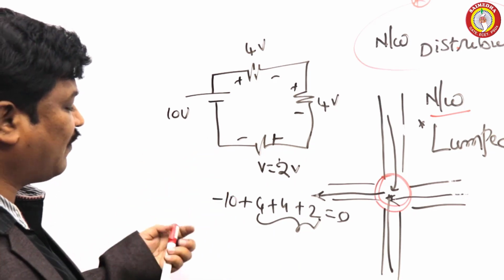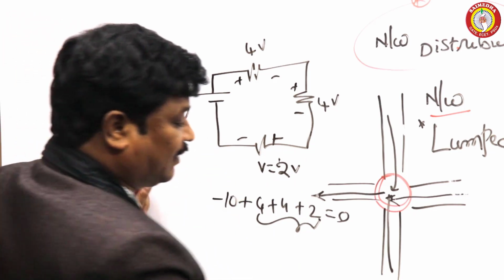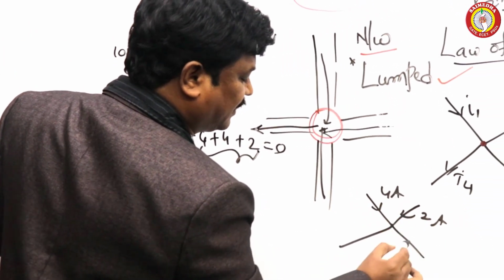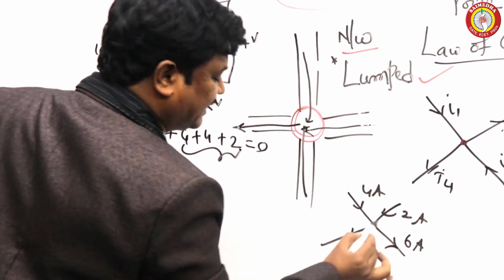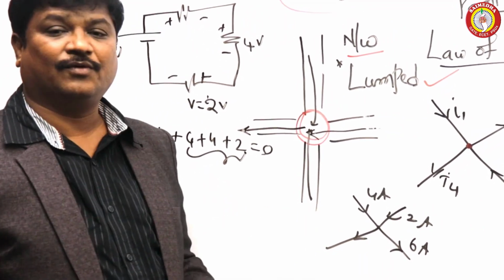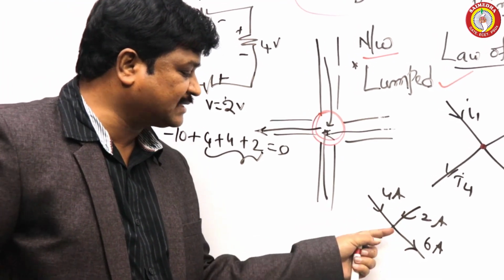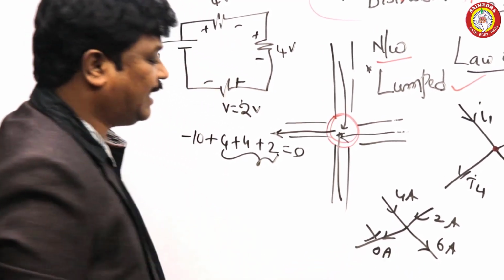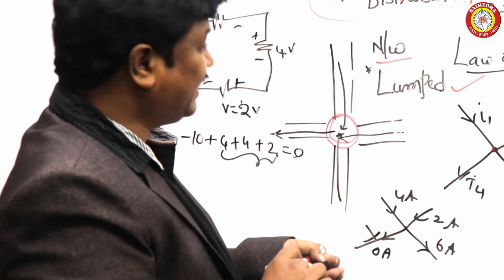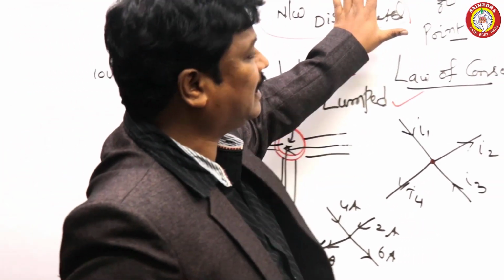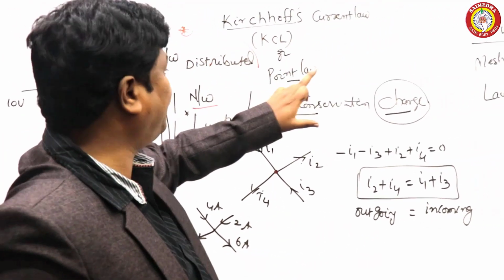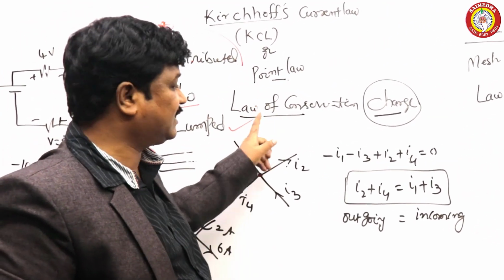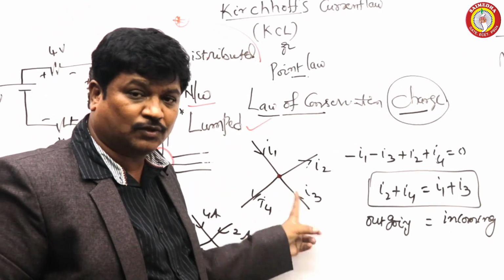Like that we can find whatever the unknown voltage. For example, if you take these currents like this, it has 2 amperes, it has 4 amperes, it has 6 amperes. What is the current here? The current here is 0. Why? Because incoming currents are 2 amperes and 4 amperes, outgoing current is 6 amperes. The current passing through this one is 0 amperes. Like that we can have a very convenient explanation for Kirchhoff's current law and Kirchhoff's voltage law. Once again I am repeating, it is also called the point law. It is based on the law of conservation of charge. Algebraic sum of the currents is equal to 0.